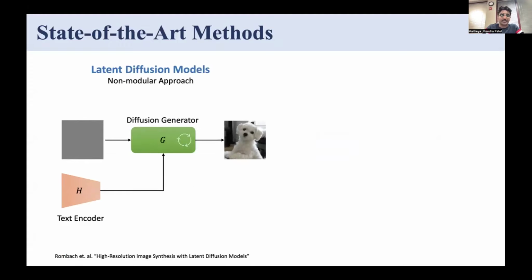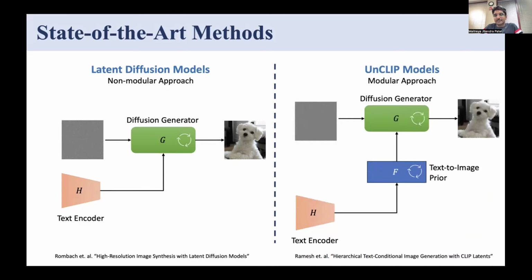But if you look more closely, there are two different methodologies for these T2I models. The first one is latent diffusion models. In latent diffusion models, we have a single model, the diffusion generator, which accepts the text embeddings through cross-attention layers and generates the image corresponding to that text. At the same time, we have another family of models called unCLIP, also known as DALL-E 2. This model takes a slightly different approach, which introduces one additional module,